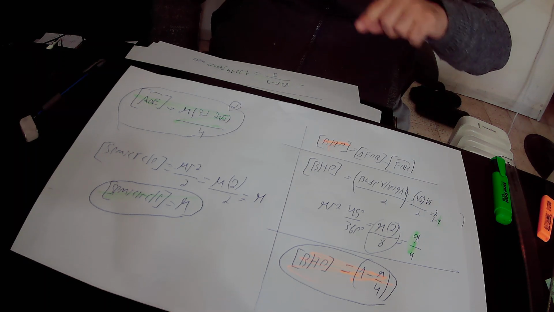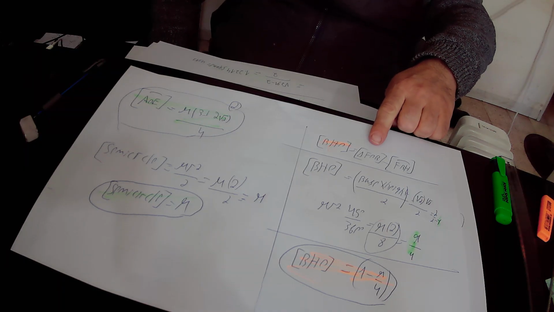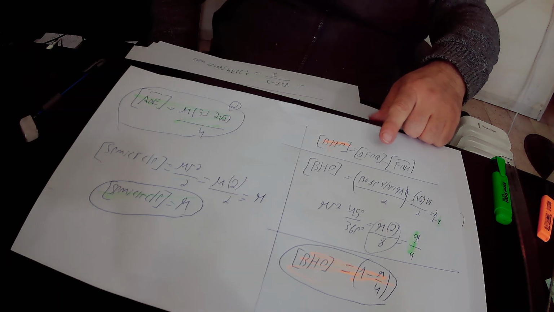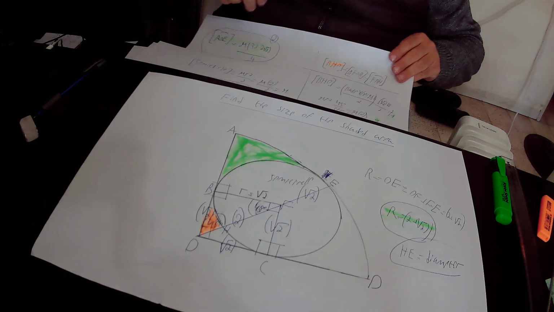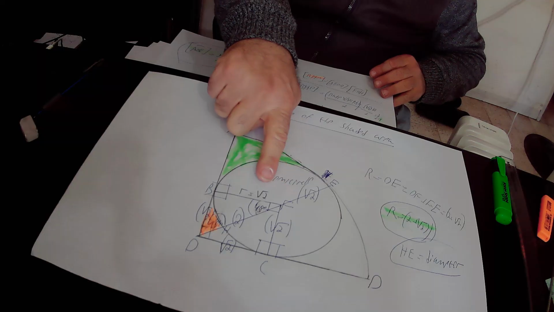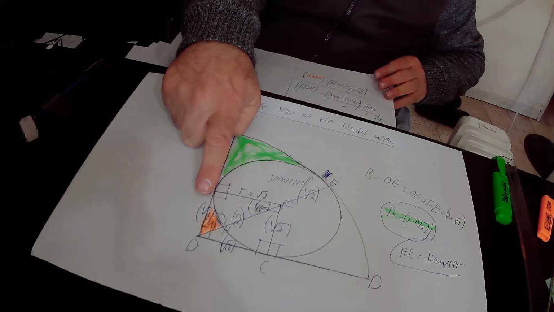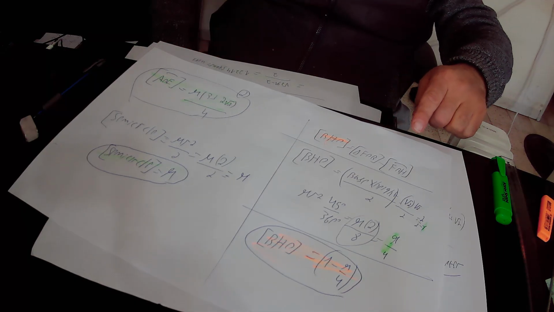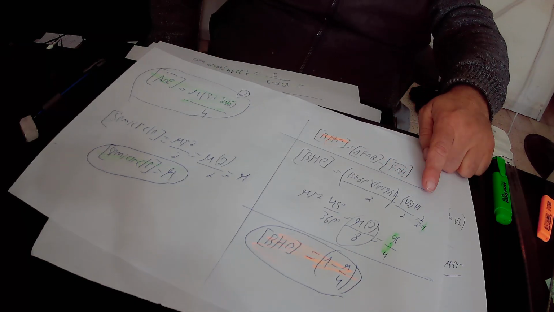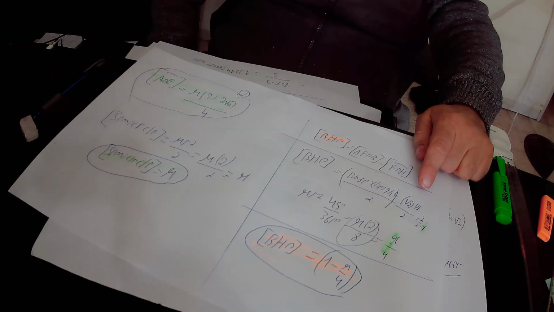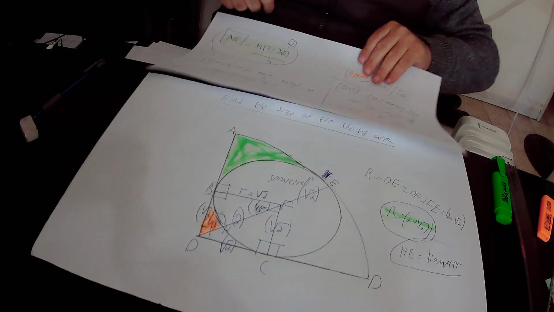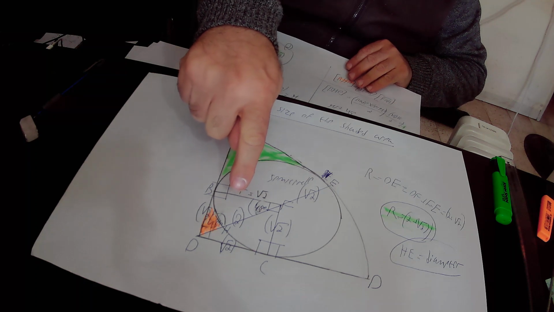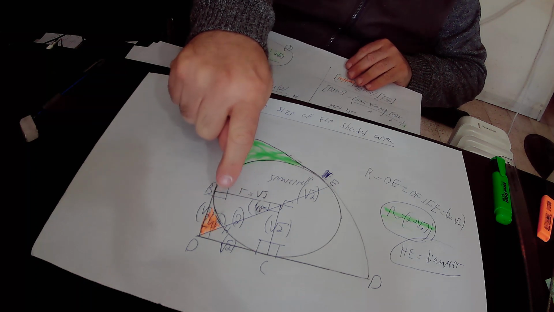So it is equal to the area of triangle FOB, and the area of any triangle equals the base of the triangle times the height to the base over 2. Here, the base of this triangle is square root of 2, and the height is also square root of 2, divided by 2. Square root of 2 times square root of 2 is 2, and 2 over 2 is 1. So in conclusion, we found out the area of this right triangle FBO equals 1 square unit, and we